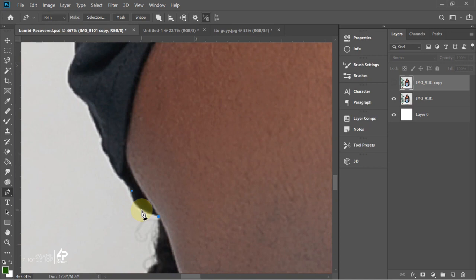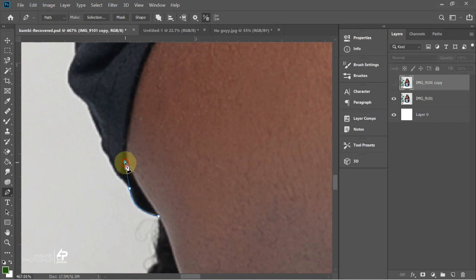Because the pen tool doesn't know its left and its right, the trick in using the pen tool is if you want it to move to the left, you have to move your mouse cursor to your right, and if you want it to move to the right, you have to move your mouse cursor to the left. What do I mean by that? Let's say I click here. Now I want to move this particular line here to the left so that I get this side bent this way. When I click, I'm going to move my mouse cursor to the right, and then you see that it has made that